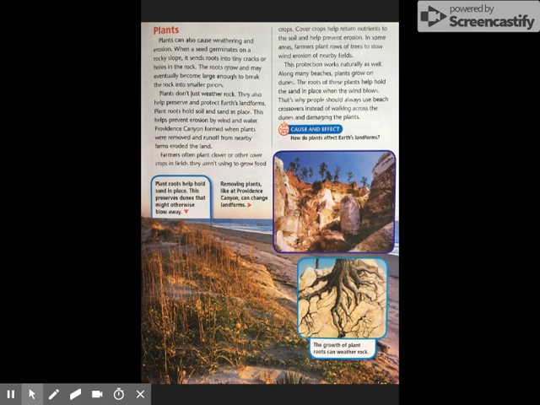Plant roots hold soil and sand in place. This helps prevent erosion by wind and water. Providence Canyon formed when plants were removed and runoff from nearby farms eroded the land. Farmers often plant clover or other cover crops in fields they aren't using to grow food crops. Cover crops help return nutrients to the soil and help